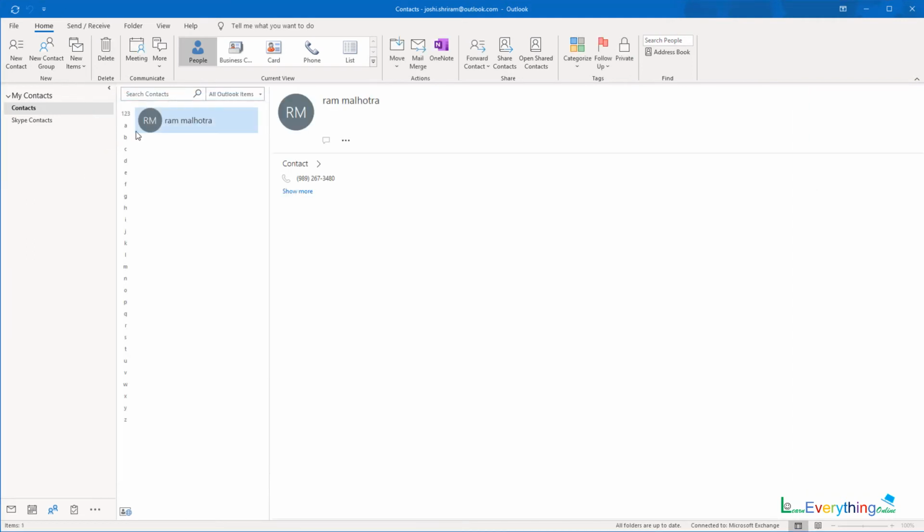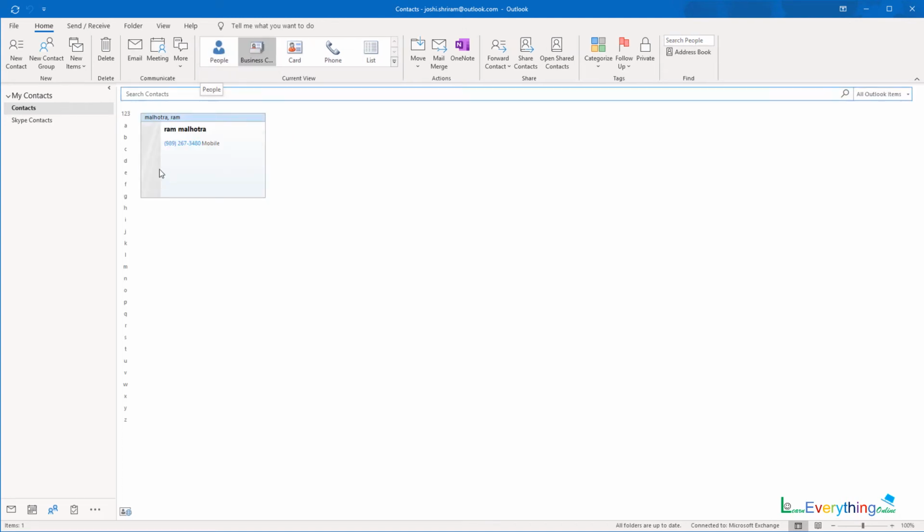So when I click on save and close, in the R series it is showing RM, that is the initial of Ram Malhotra, and it is showing my contact number. As I have already set everything, it will not ask me for country name and other information. But if you are using it the first time, then you have to fill up everything: country name, your location, STD code and everything. So this type of view is known as people view.